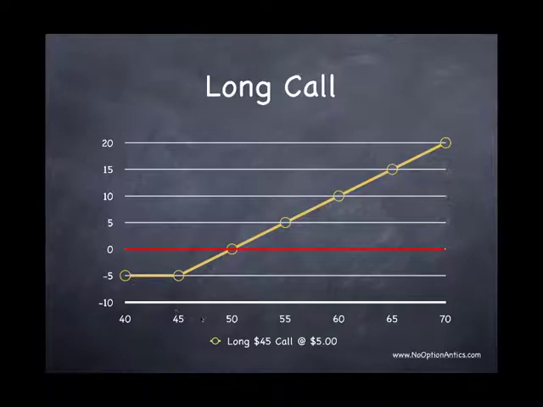But as the stock rises in value, we can see that my risk graph starts going in an upward direction. And you see that the break-even point happens to be right at the $50 mark. The reason why is we have the ability to buy the stock at $45, but we paid $5 for that right, so we have to overcome that $5 that we paid. Beyond that point, we have an unlimited upside potential, because no matter how high the stock goes, we can still purchase it for the $45, which is what owning the call has given us the right to do.